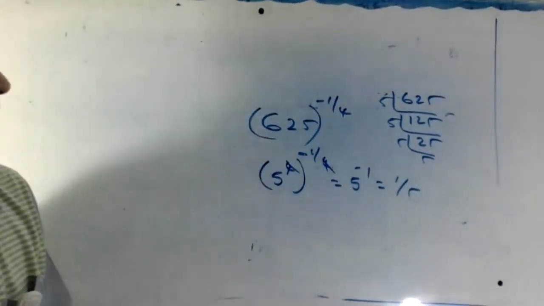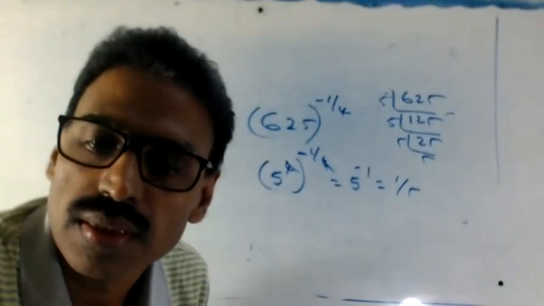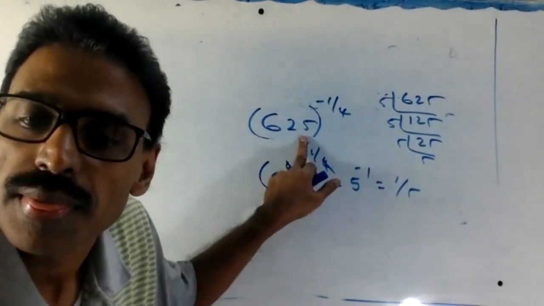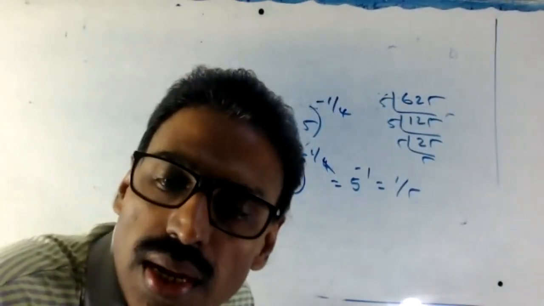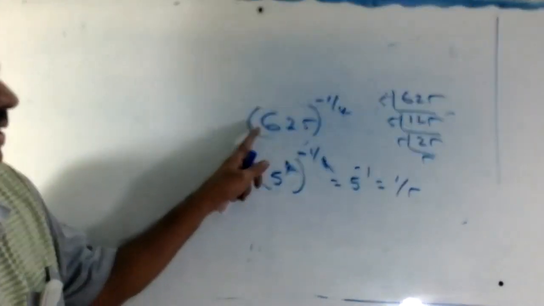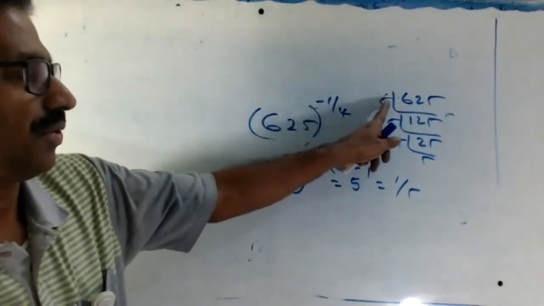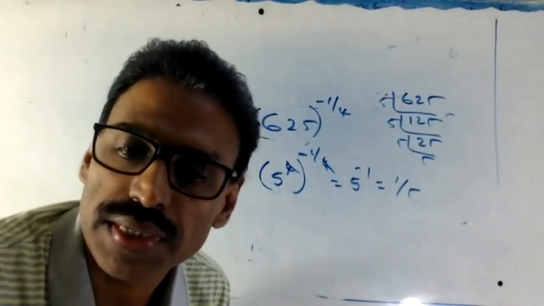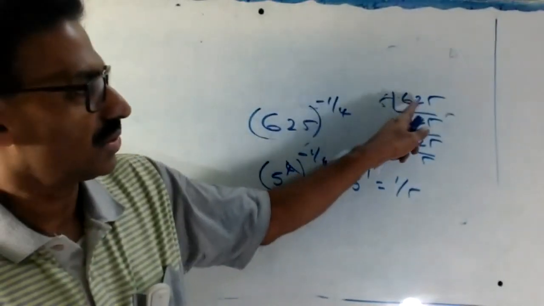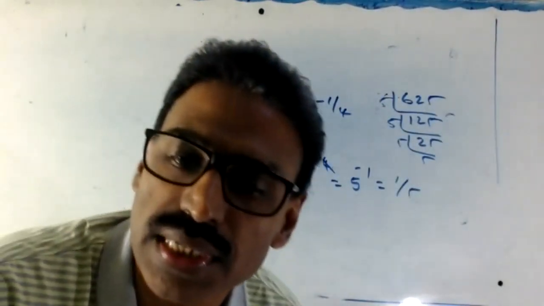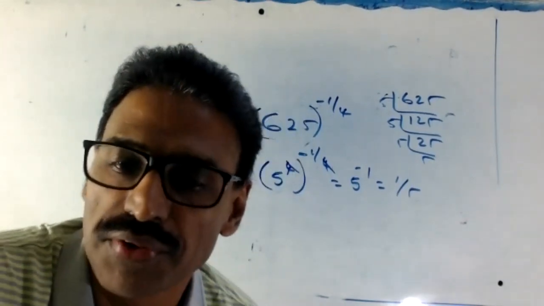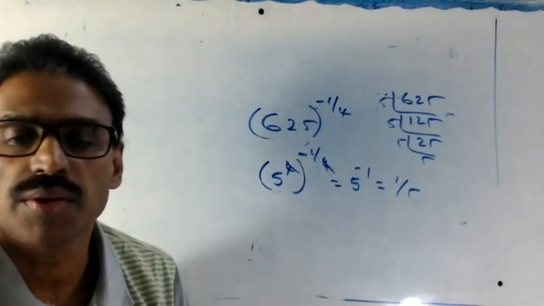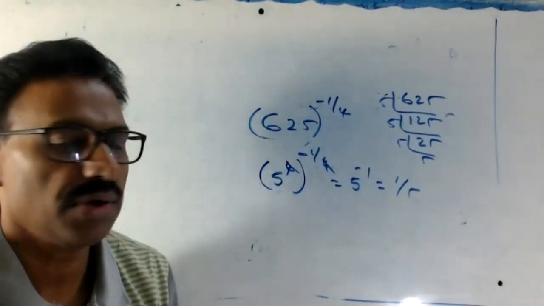Shan, what is the doubt? The first step here. This is the question. Okay. What is the name? Shan. This is our question. 625 raised to minus 1 by 4. 625 we got 1, 2, 3, 4. Right? Factorization. Factorization what? 625 divided by 5. You check it. 625 divided by 5, how much? 125. 125 divided by 5, how much? 25. 25 divided by 5, 5.